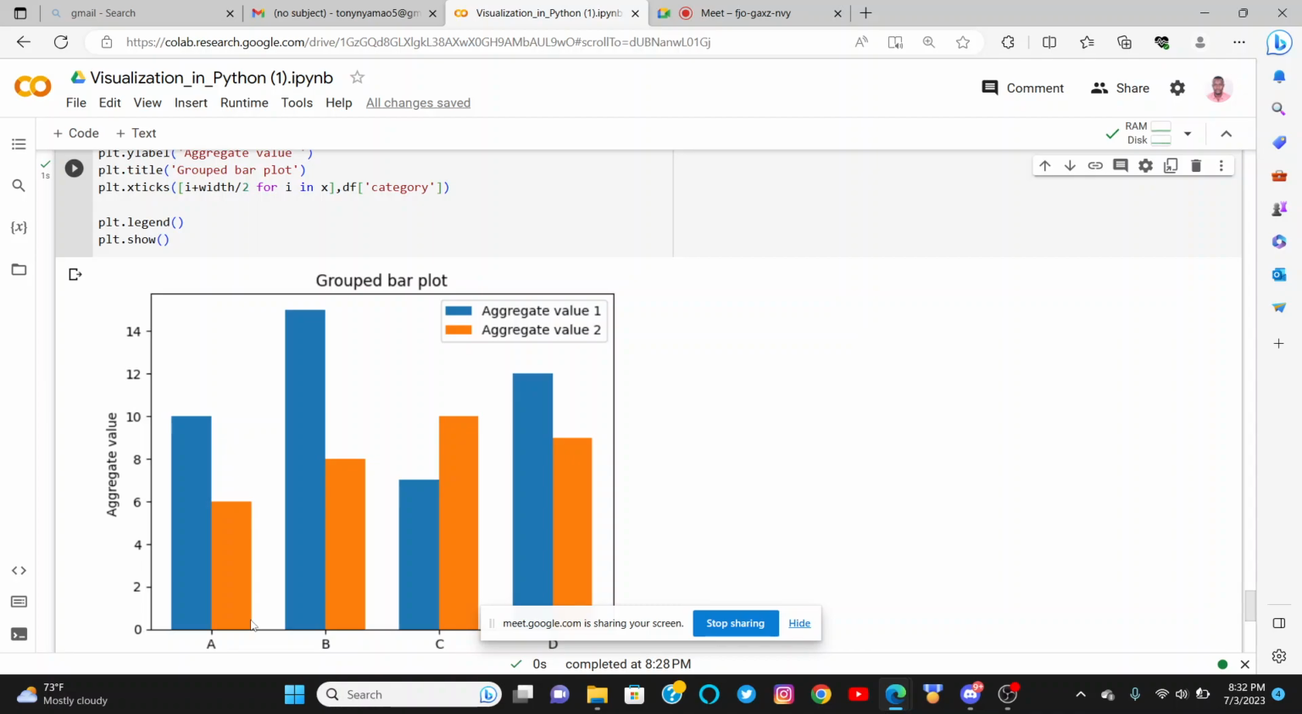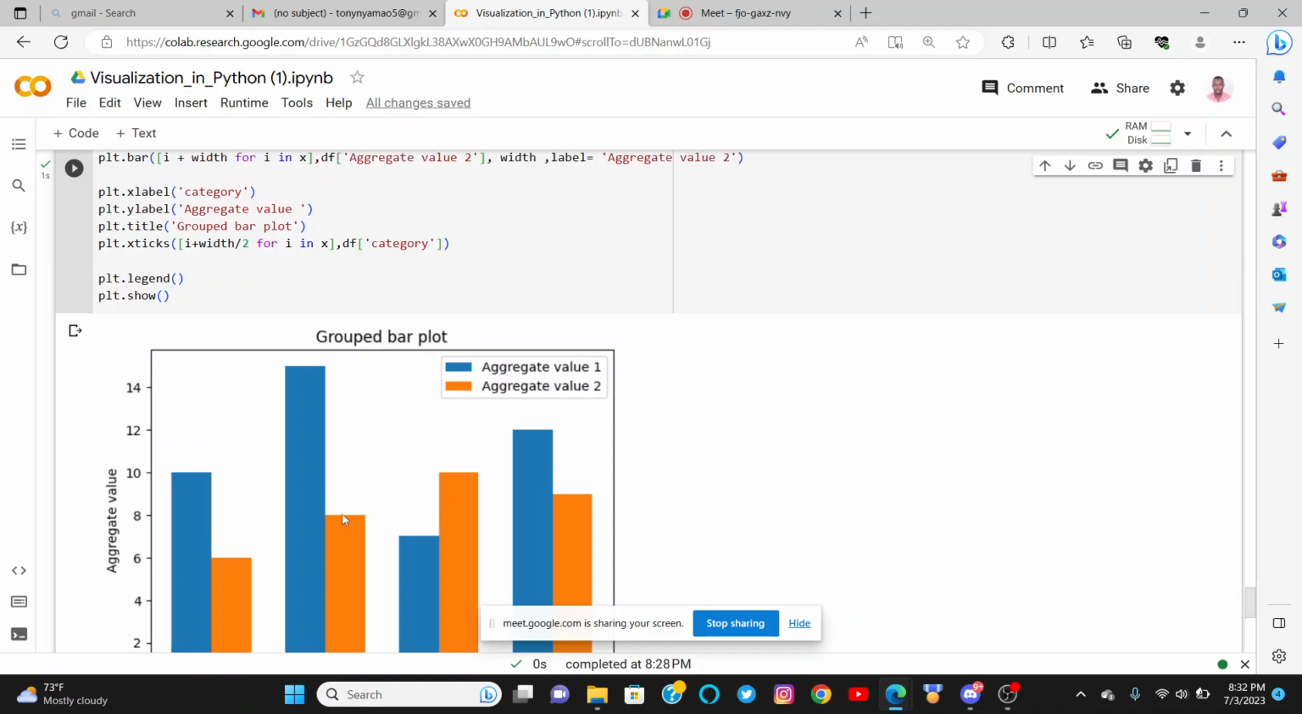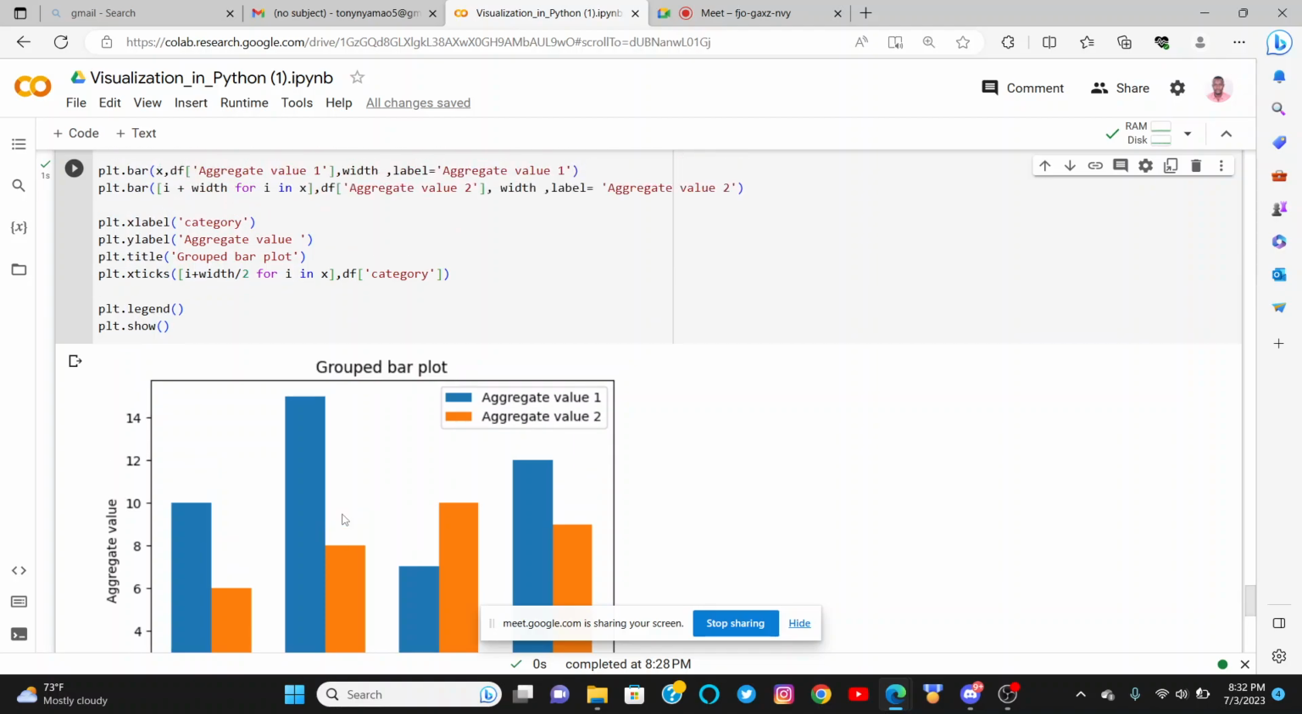Okay, I have a question. Yes, I will. Okay. This group bar plot, it helps us to